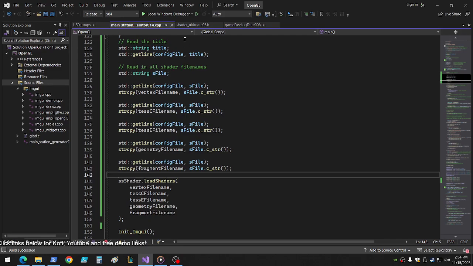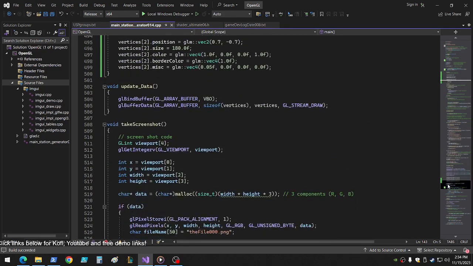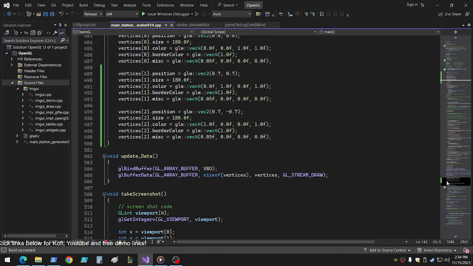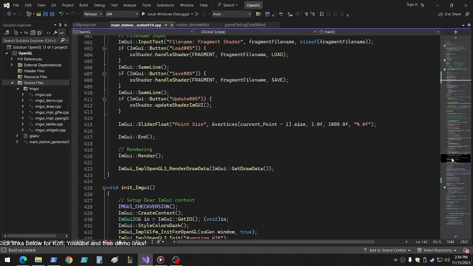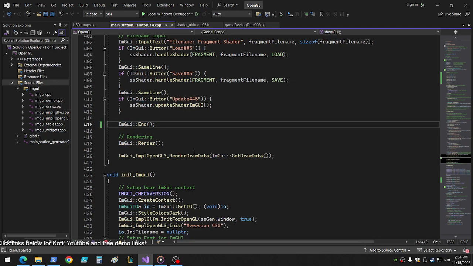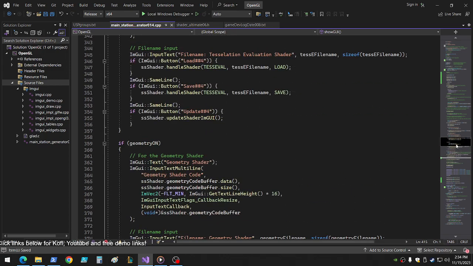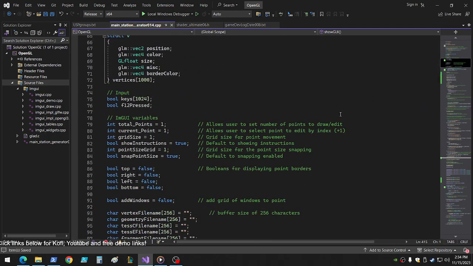So for now, we're going to take that out of the GUI. Where's the show GUI? So we'll take the point size out. Okay. We'll leave that up to the user to programmatically do that. Okay, so the other thing I want to do